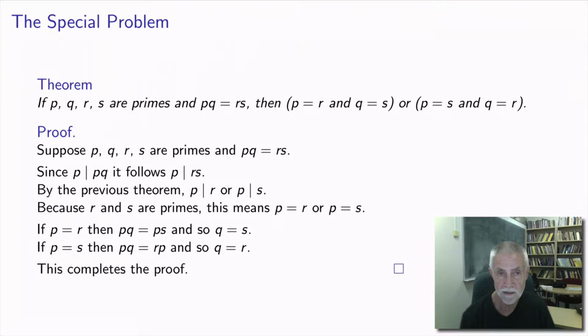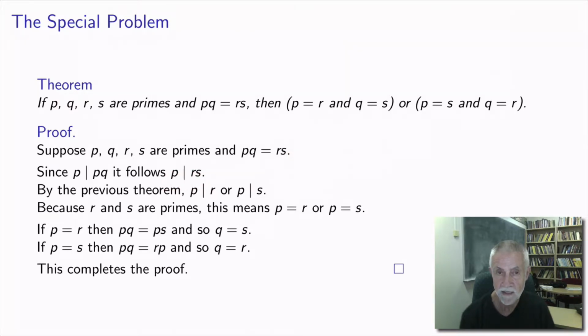The way to look at this is that we have a number which we can write in the form PQ, where P and Q are primes, and we can also write in the form RS, where R and S are primes, and we want to show that the primes are the same, perhaps in a different order in each case. Because P divides PQ, then it must divide RS because that's the same number,